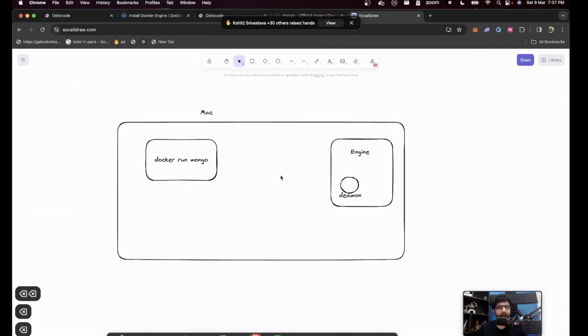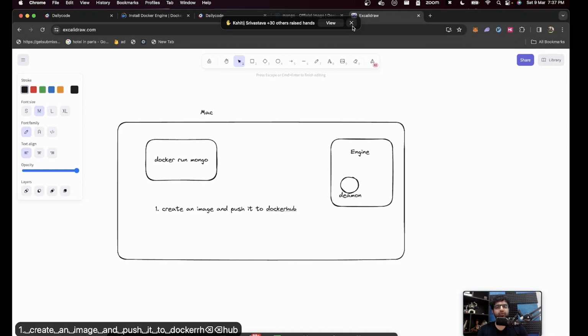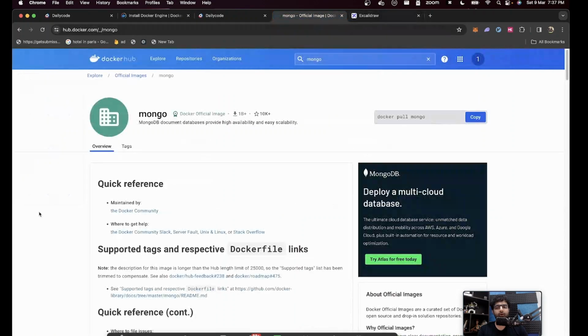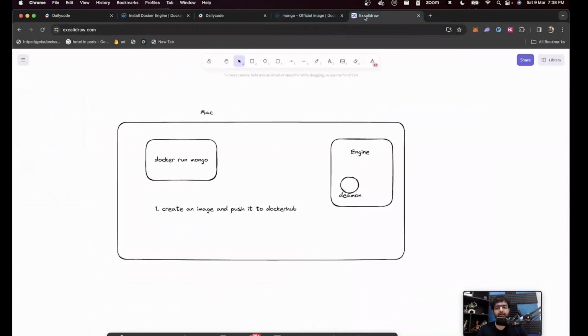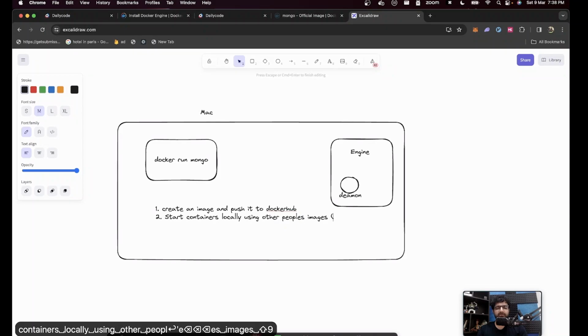And what do you usually do when you're talking to the daemon? You usually do two things. You either create an image and push it to Docker Hub. This is what the person who created this Mongo image did. Or you start containers locally using other people's images or your own images.